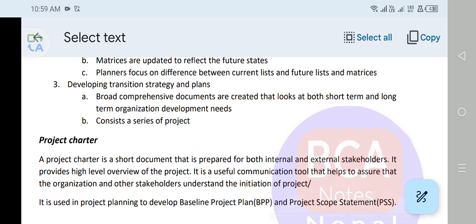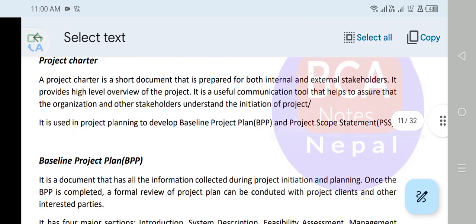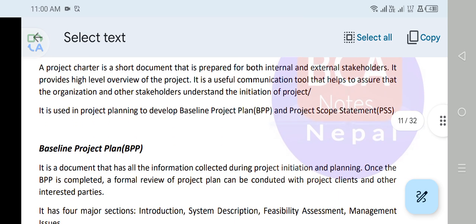It is a useful communication tool that helps to ensure that the organization is aligned. Baseline project plan, BPP: it is the document that has all the information collected during the